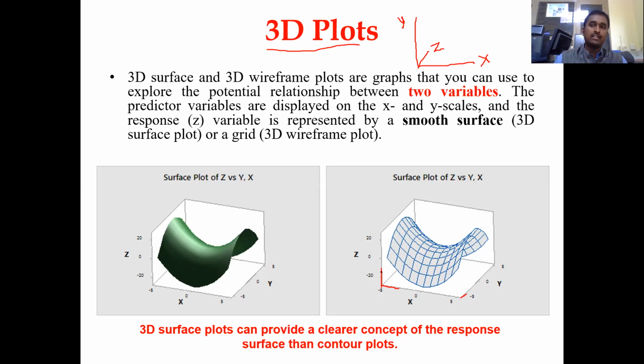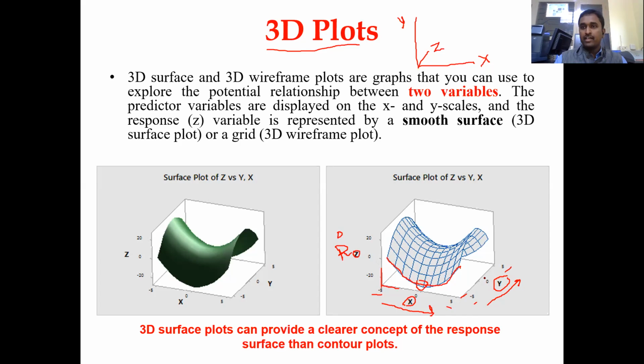So what is the use of these graphs? Like contour plots, here also you can take two factors. You can say -5 to +5. Similarly, another factor Y, -5 to +5. Now, when you're increasing the factor from minus to plus, and similarly the other factor from minus to plus, what happens to the response? Z here is a response, or the output variable. So what happens to the dissolution? Let us say, what happens to the particle size? When you're increasing X, you can see the particle size first reduces, followed by again increasing. So at the center value, the particle size is very small.